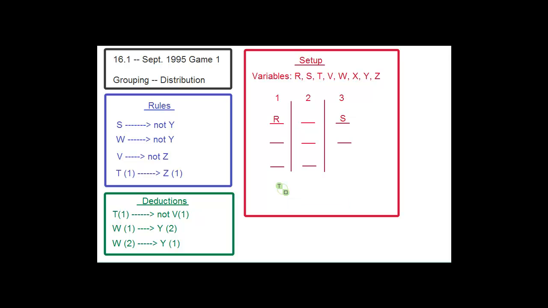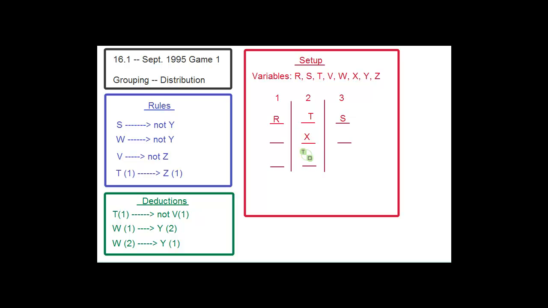A says if T and X are added to class 2, V is added to class 3. So what we want to do is try to make it so that we can add T and X to class 2, but not have to add V to class 3, right? So let's try that. T and X to class 2. And now we want to keep V out of class 3. Okay, so we can put V in either class 1 or class 2, but we don't want it to be in class 3. So let's just say that we put V